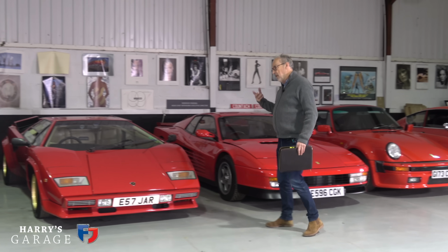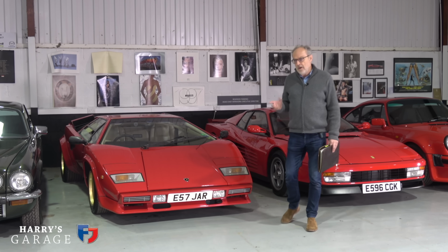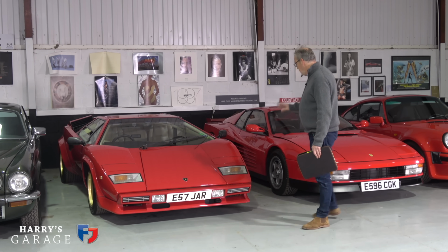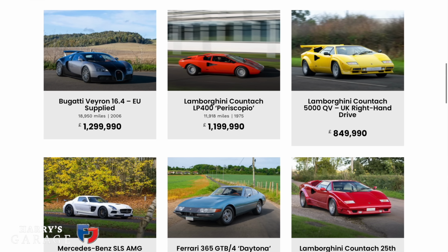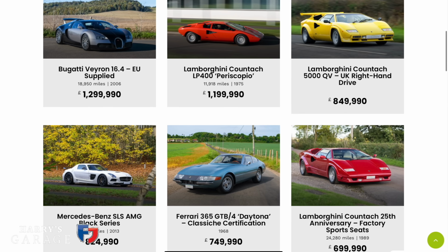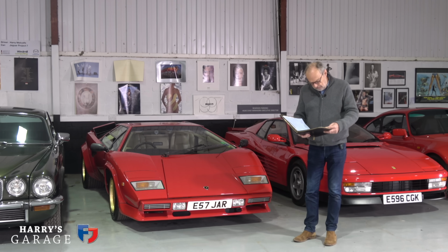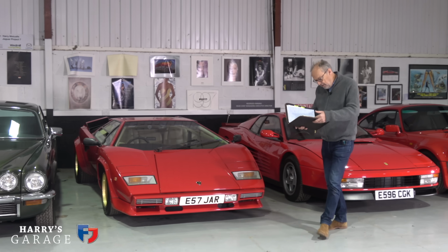Some parts of the classic car market are fairly static or dipping. Others seem to be going up, and Countach is one of them. This is getting close to 800,000. One Simon Furlonger has just put one up for, and if this had been left-hand drive, it could be close to £1 million. Very different values. That's increased the cost of the insurance with Footman James, and it was £7,471 last year. This year,